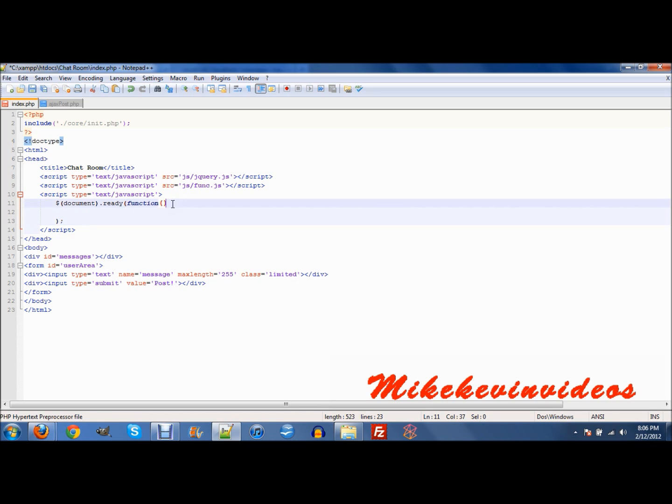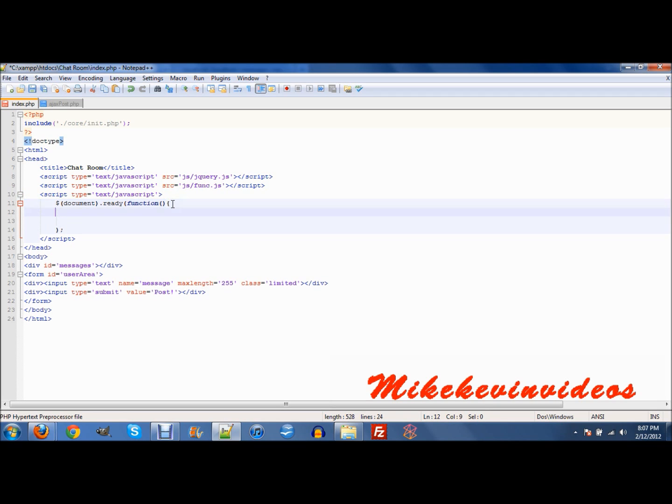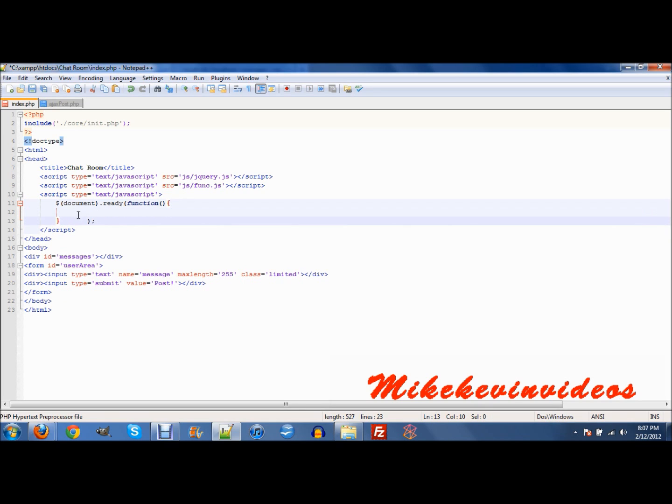Okay. There we go. Now, we need to make a variable, and it needs to be called auto refresh, and that's equal to set interval